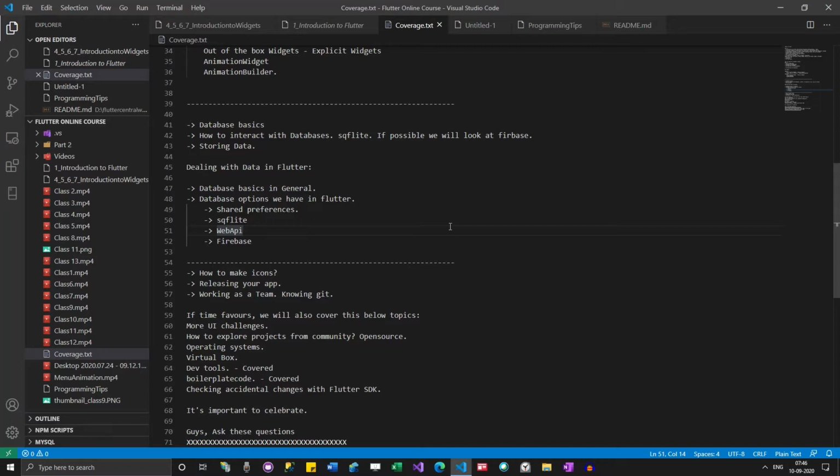He doesn't know anything. What he knows is that if a city name is passed, it will return the temperature. He will create an app with a text field where the city name will be entered, and then he will simply show the temperature.